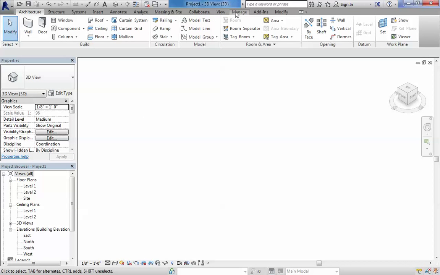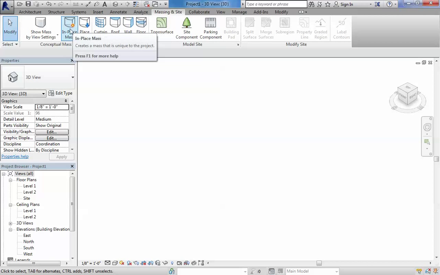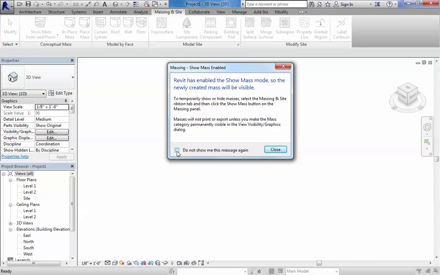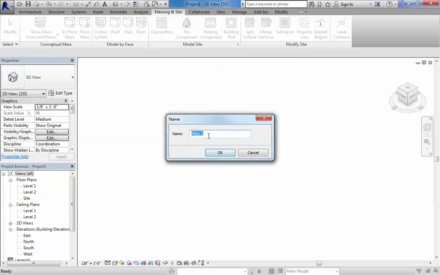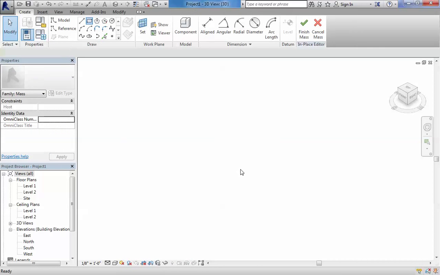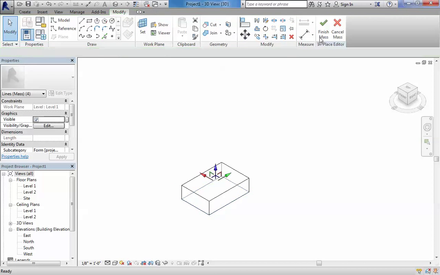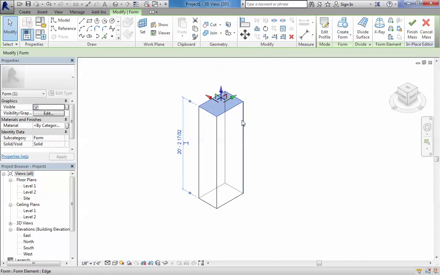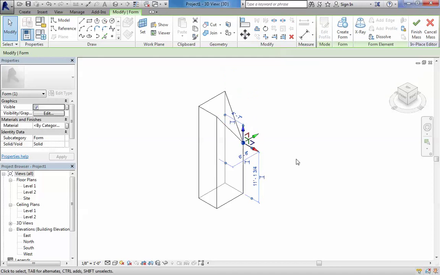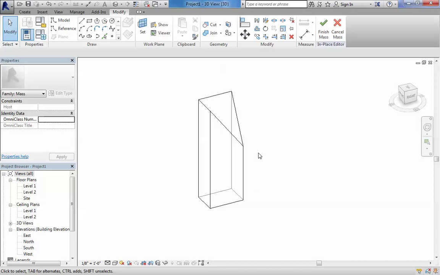You can actually create masses directly in a project by simply going to Mass inside and selecting In-Place Mass. Okay, I'll close that, and you can give it a name such as building, like gym or something, and you will have the same tools as if you were using a conceptual mass, meaning the create form. You can extrude this and you can start clicking on points and making variations on the masses. The only difference is that this is embedded within the project and you need to say finish mass when you're